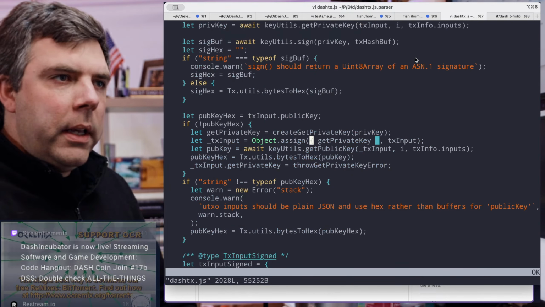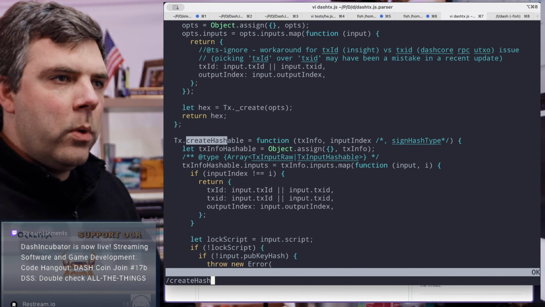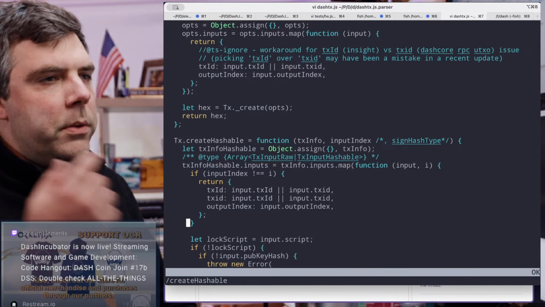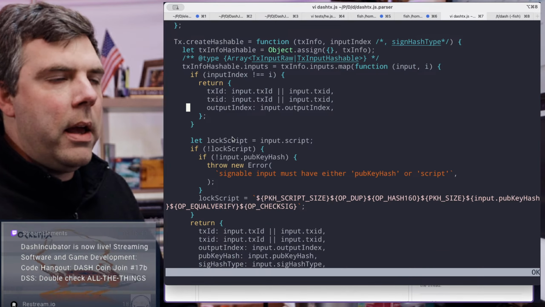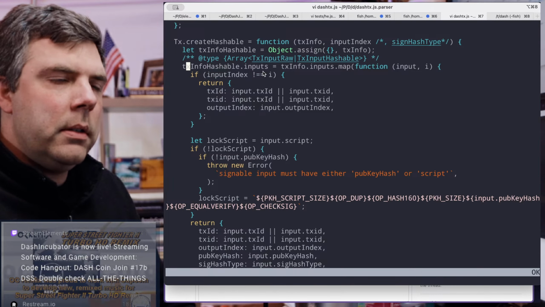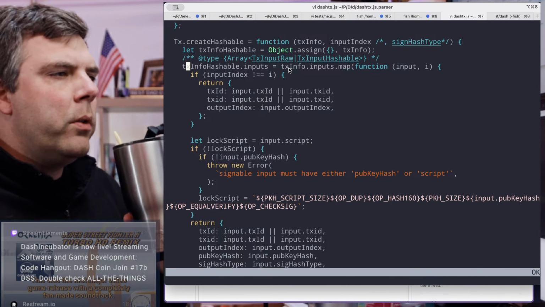So I think I was just looking at how the create hashable function works and trying to see how we're going to do this for the any sig. I mean, that's what I was doing in my mind. I didn't actually say that part out loud. But we go through all of the inputs. Yeah, I think what we're going to need to do for create hashable